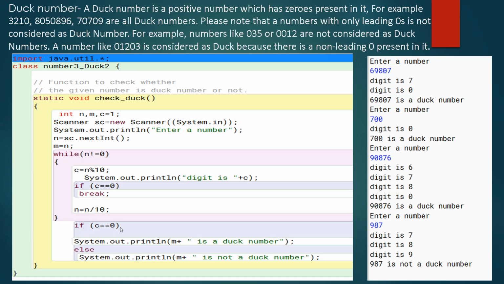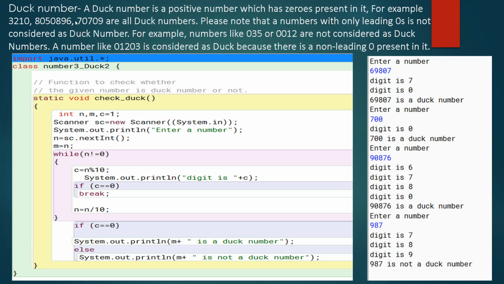If C is equal to 0, then it says it is a duck number, else it says it is not a duck number. If it is not equal to 0, then the loop will continue and n would be again decreased, and in the same way the rest of the number would be checked for the duck number.